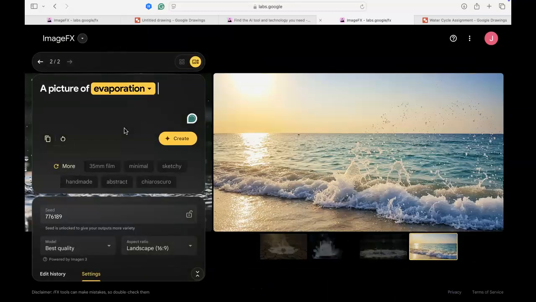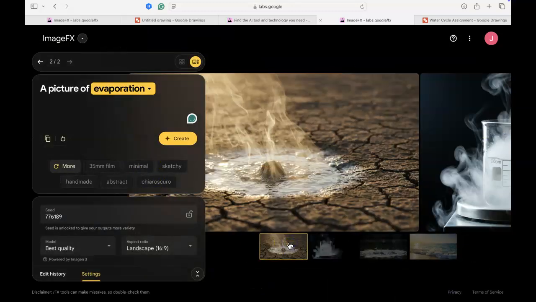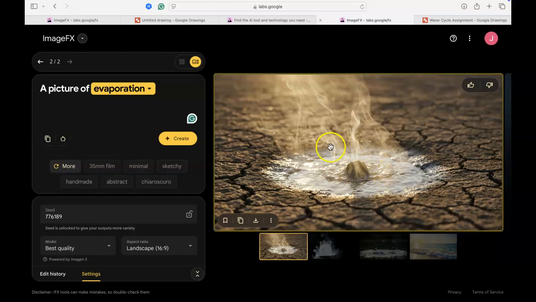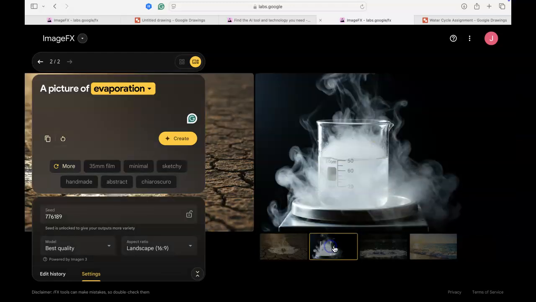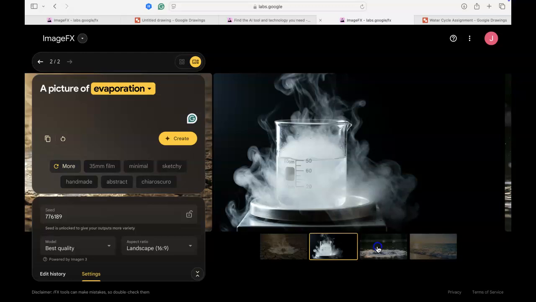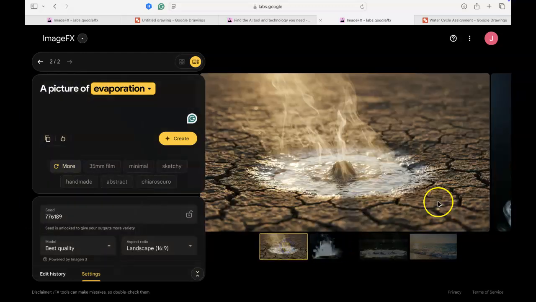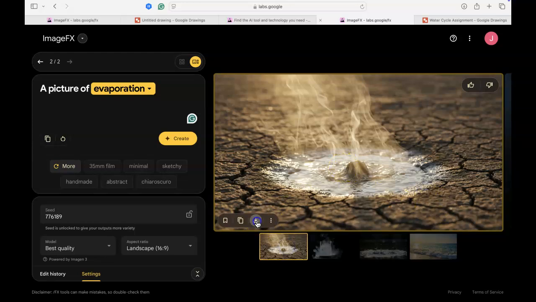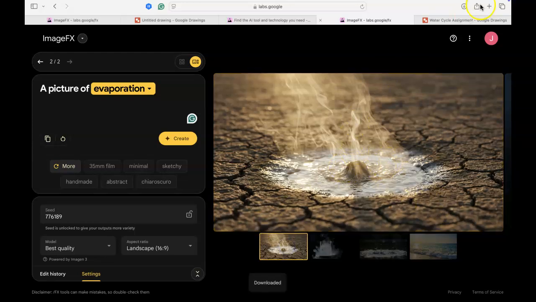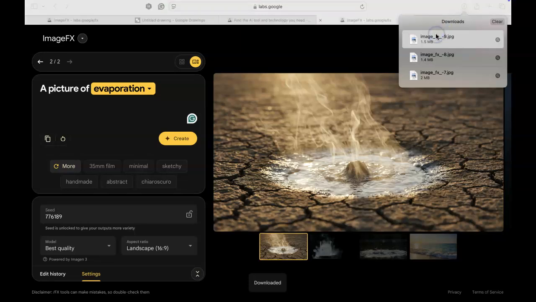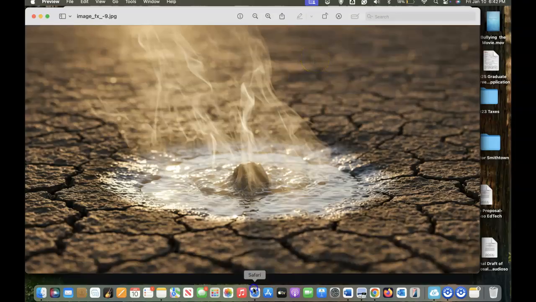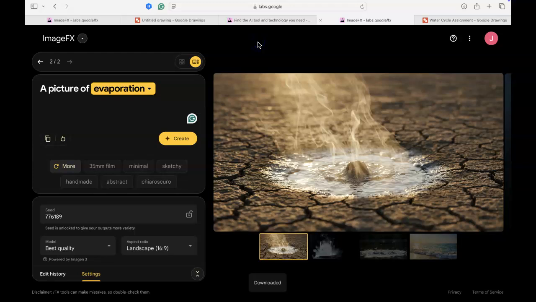See? This is not evaporation. This is more like it. So we can see evaporation happening here. Let's see these. That I wouldn't consider evaporation. That might be more precipitation. So let's click this one and save it. Make sure that you click on it if you're on a Mac specifically in order for it to be saved onto your computer. Now let's go to my blank